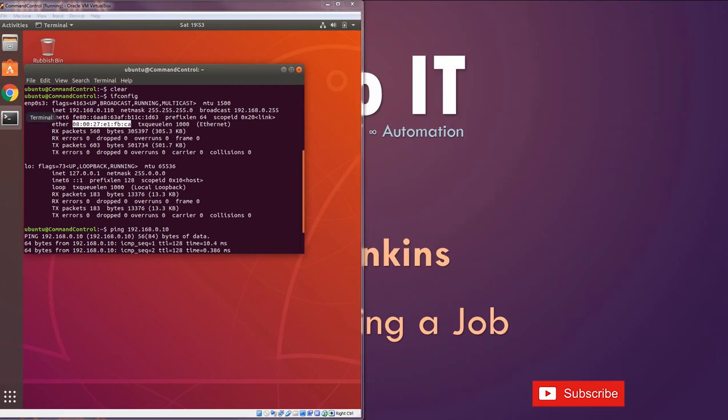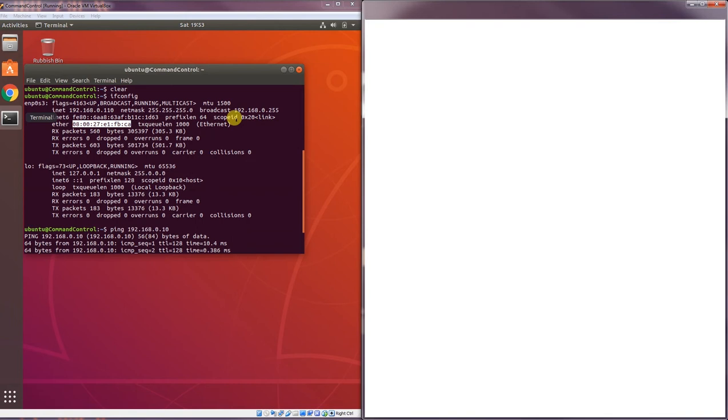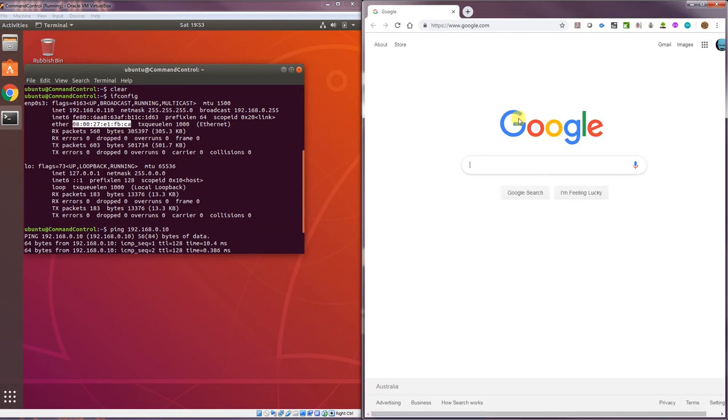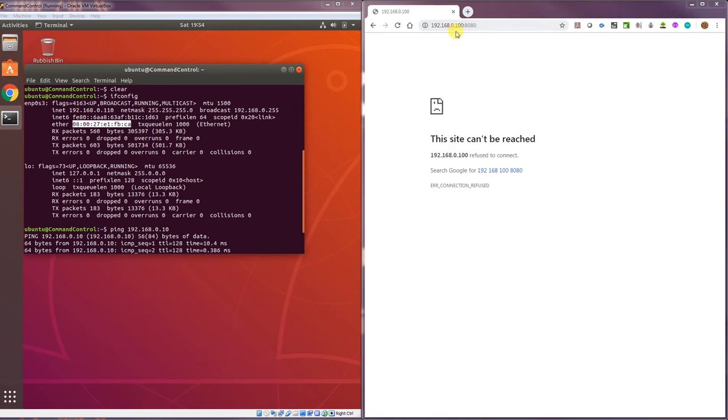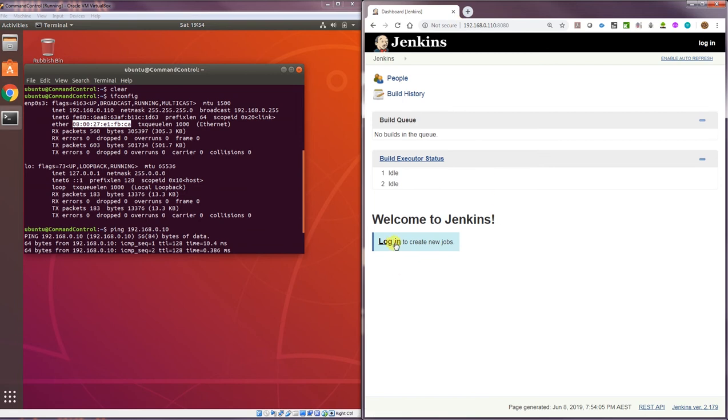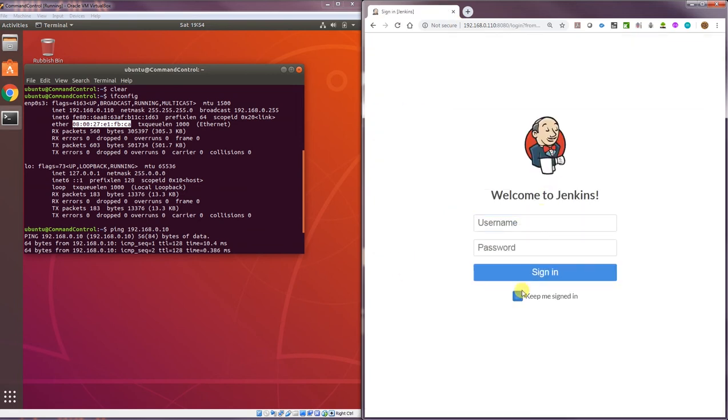Now if I go to Jenkins from my local host computer, so if I go to 192.168, I could go in and add a host entry, but I'm just lazy. To port 8080, we should be able to hit the same Jenkins GUI that we hit in the last video. I see what's wrong. That's not the right IP address. It's supposed to be 110. Oh, there it is. Okay, so if I log in with the same username and password that I used earlier,